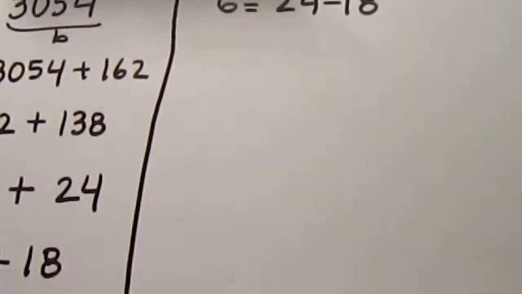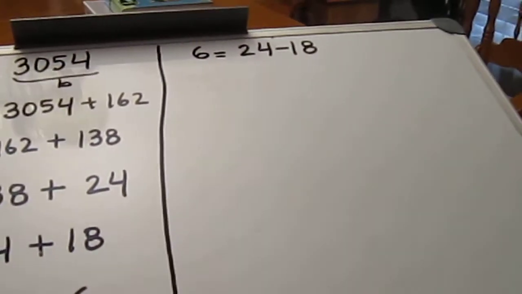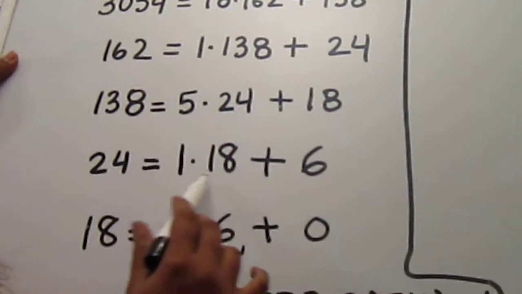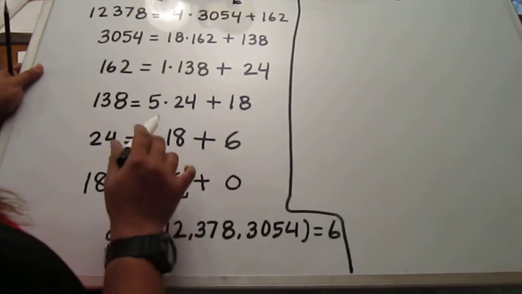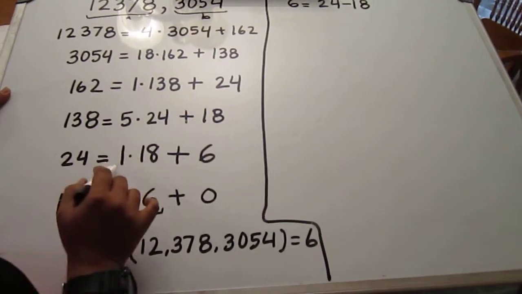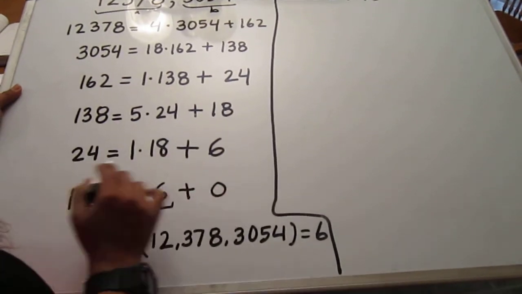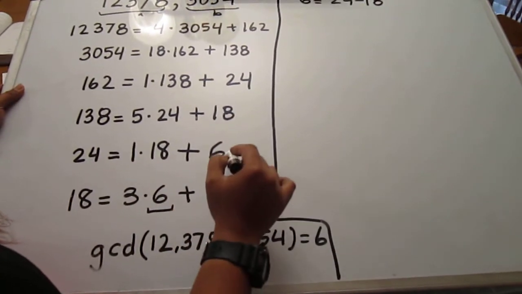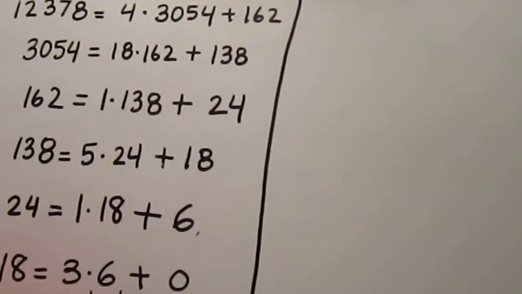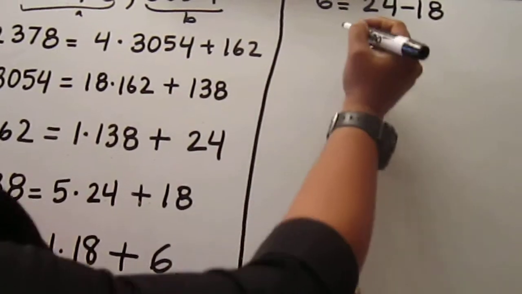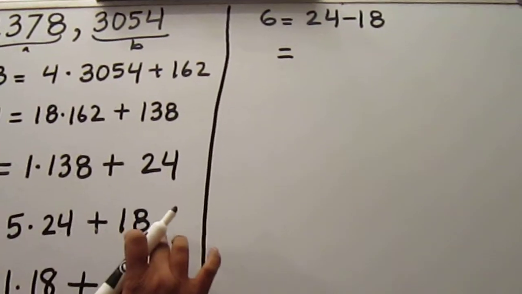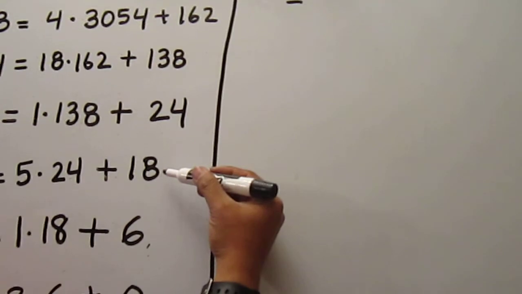This is the part where we have to pay careful attention. Over here, 18 times 1 is 18. If we have 6, 18 can be taken over to the other side. It becomes 24 minus 18. So we start right here, next to the last, eliminating the remainders. Since 18 is our remainder on the step before that, we're going to try